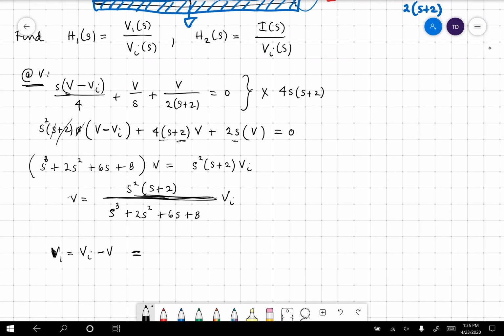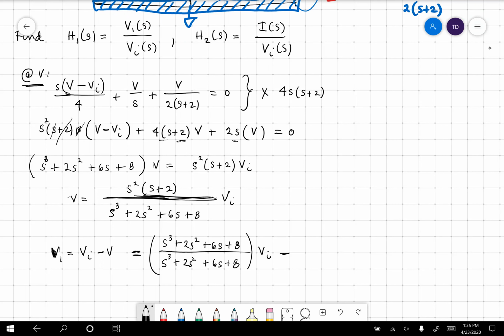So VI is S cubed plus 2S squared plus 6S plus 8 divided by S cubed plus 2S squared plus 6S plus 8. That's the number 1 times VI. VI is 1 times VI. Correct, it is. Minus,